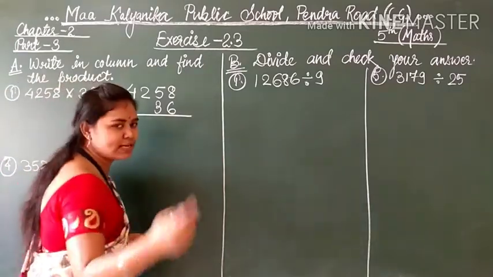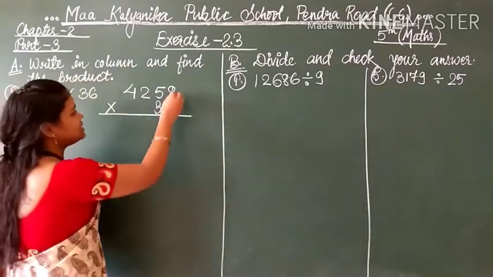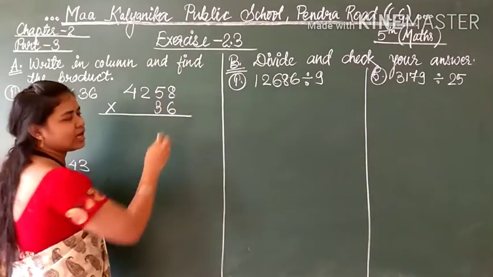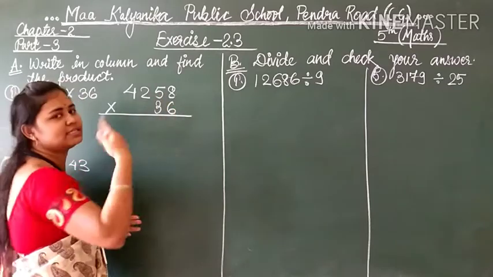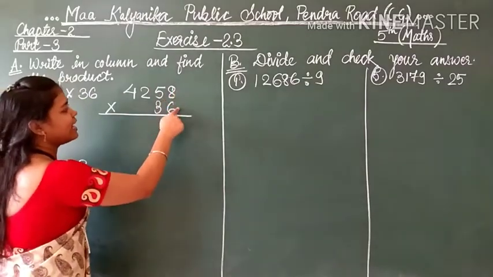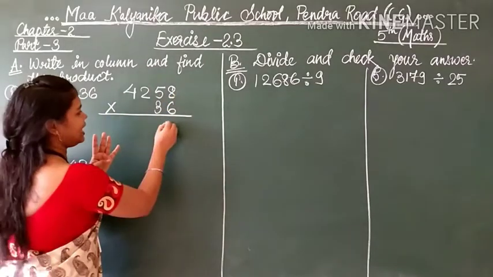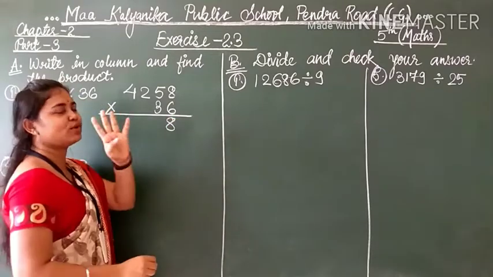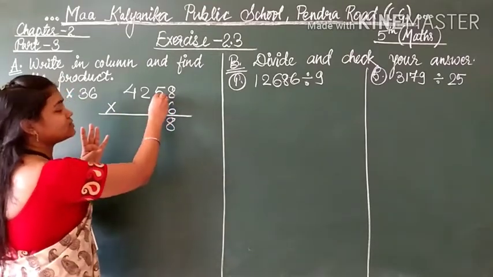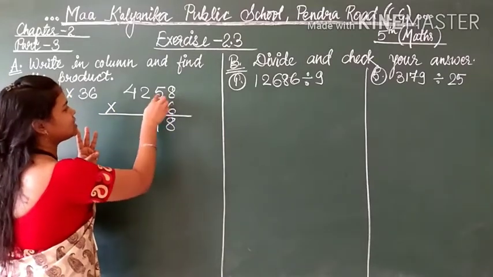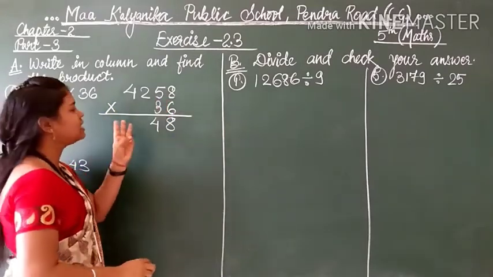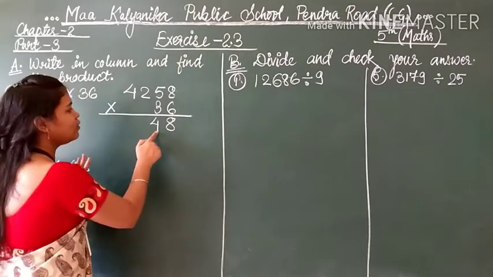So I am showing you, it will be very easy for you. See, 6 8s are or 8 6s are. If you change the multiplication order, it is the same. 6 8s are, 8 6s are. So 8 5s are 40, 8 6s are 48. I am writing here 8, 4 carry. Now 6 5s are 30. 30 plus 4, 34. 3 carry, 4 here.